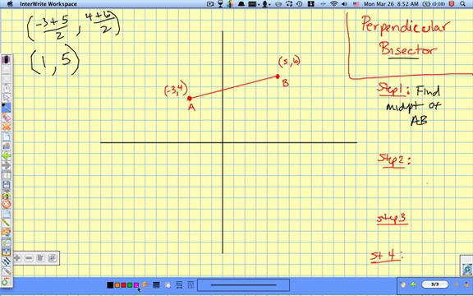So, 1, comma, 5 should be right here. That's exactly where it is. So there's our midpoint M. Okay, now,